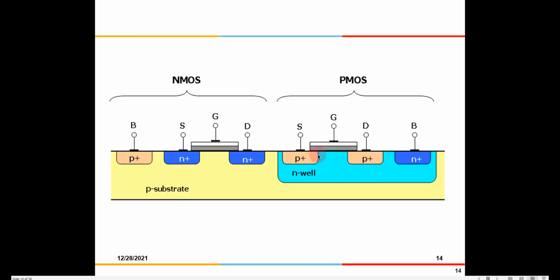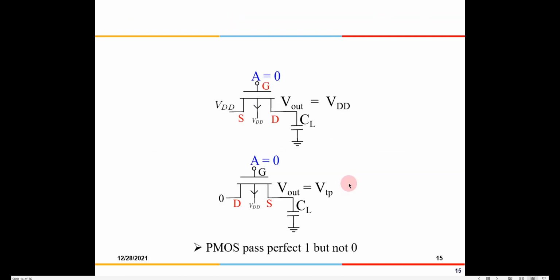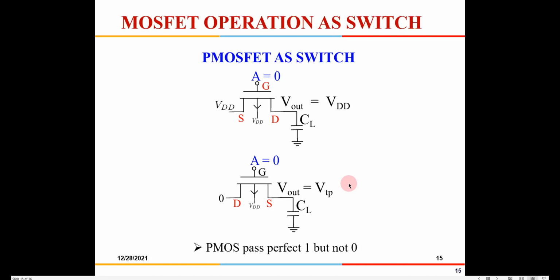Okay. So now finally an NMOS and PMOS is fabricated side by side. So this is a P substrate, you have an NMOS, you have two N regions, and you have a gate, so this becomes an NMOS. Whereas for a PMOS, first in the P substrate we make an N well, and then you put two P regions, so this becomes a PMOS. Okay. So for a PMOS, if you see here,